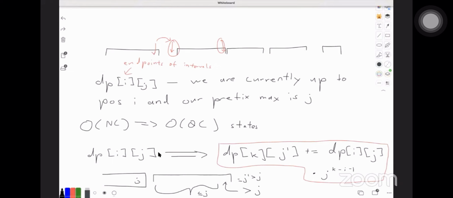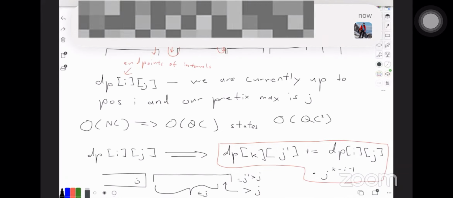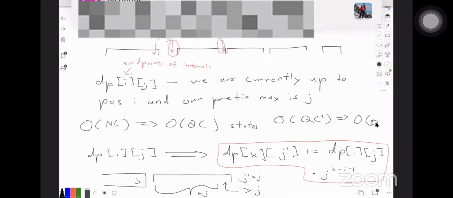Now if we just compute this naively, this is O of q times c squared, right? Because for each state, we iterate over all possible j prime for the next prefix maximum that we can possibly transition to. That's too slow because c is up to 10 to the 4. For some reminders, q is up to 100, but c is up to 10 to the 4. 10 to the 4 squared is 10 to the 8, times 100 is 10 to the 10. That's too much. But we can speed this up from O of q c squared to just q times c